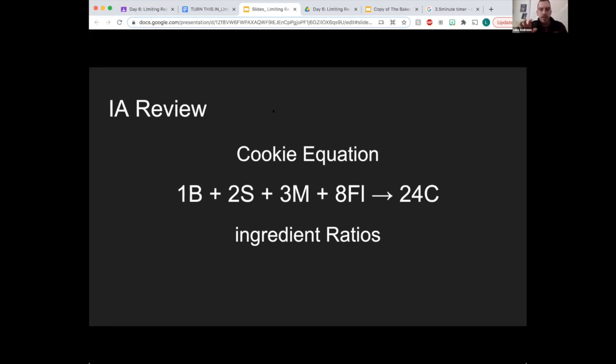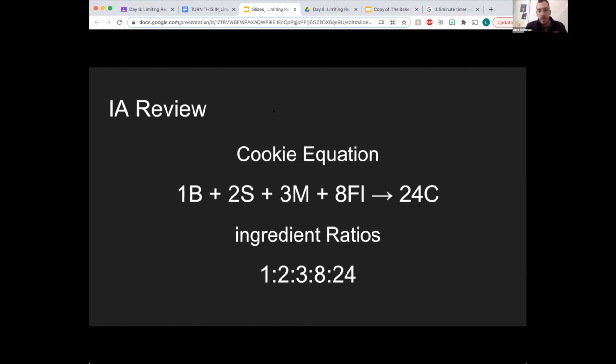How would we use this equation to set up ingredient ratios? We want to pull out the leading coefficients. So 1 to 2 to 3 to 8 to 24. That ratio is always going to stay constant, okay? 1 cup of butter per 2 cups of sugar, per 3 cups of milk, per 8 cups of flour yields